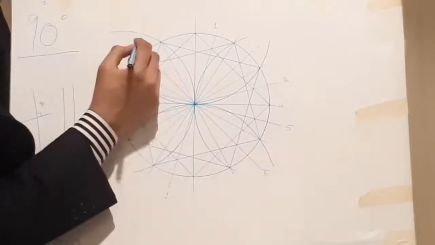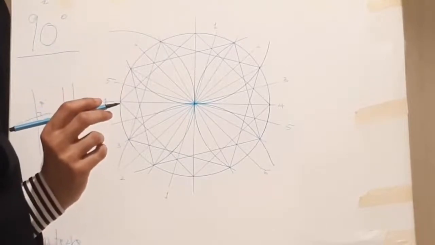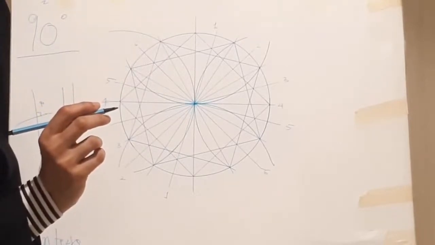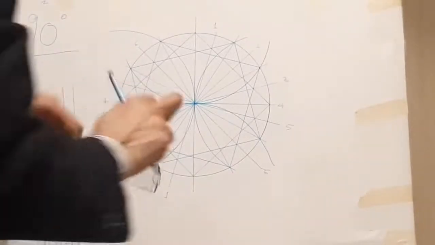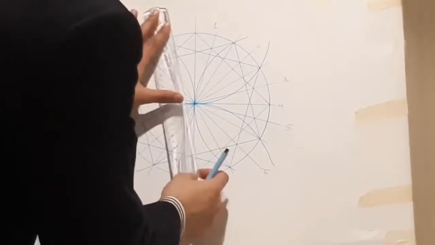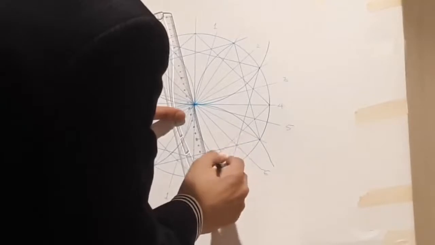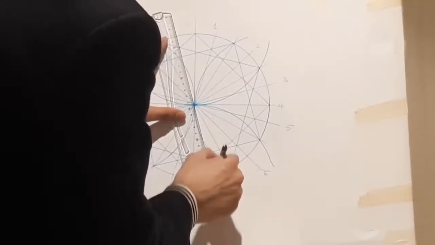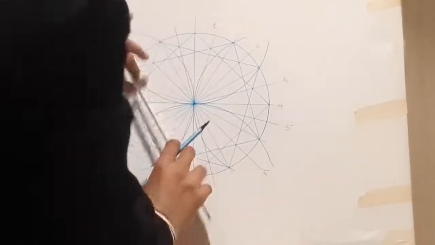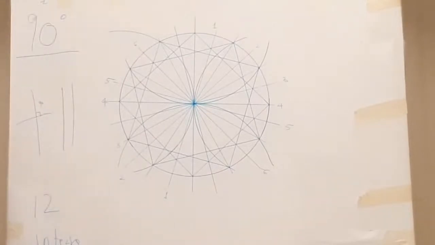This becomes your sixth line. The seventh line shall be at this point. So as you can see,